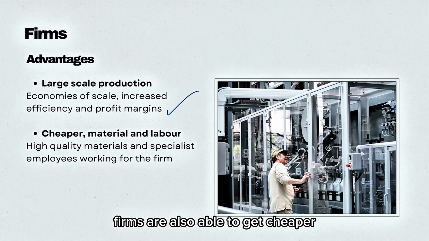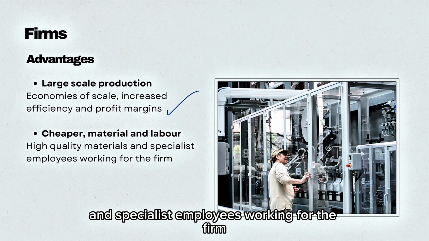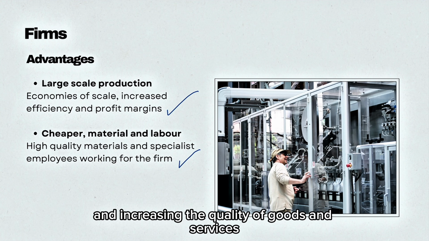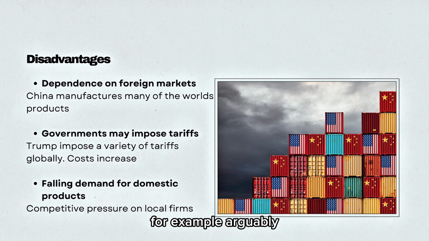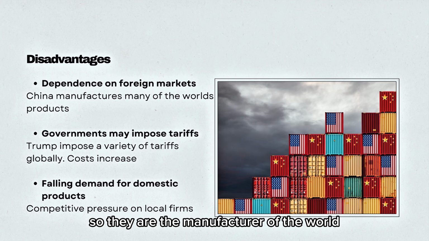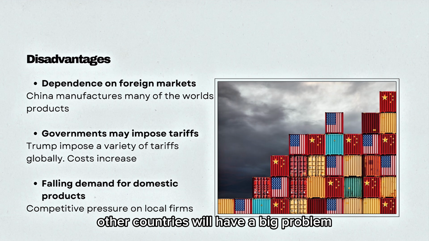Firms are also able to get cheaper and high-quality materials and labor, and specialist employees working for the firm, decreasing the prices and increasing the quality of goods and services. The disadvantage for firms, however, is the dependence on foreign markets. For example, arguably, China manufactures everything, so they are the manufacturer of the world. If anything was to happen to stop them manufacturing, other countries will have a big problem,